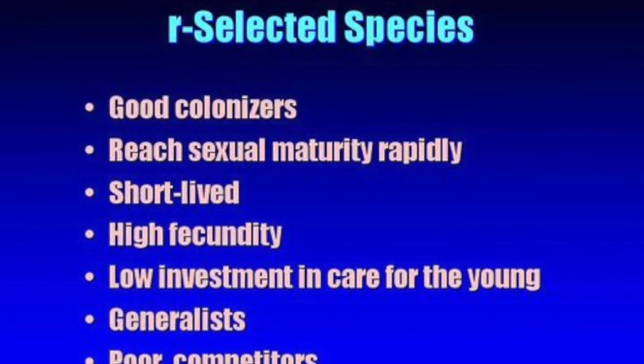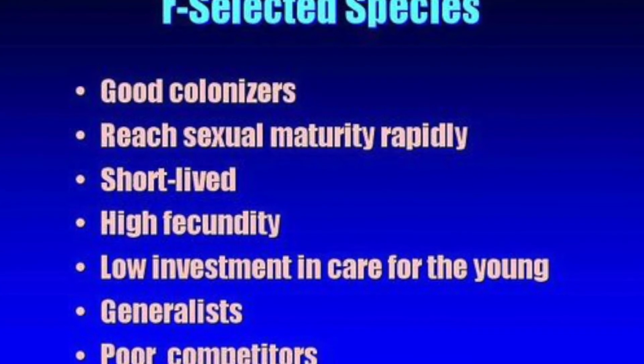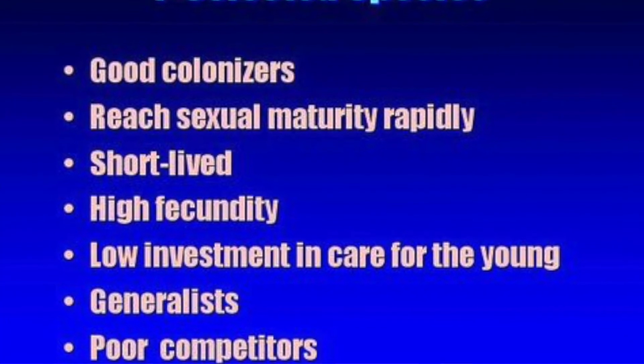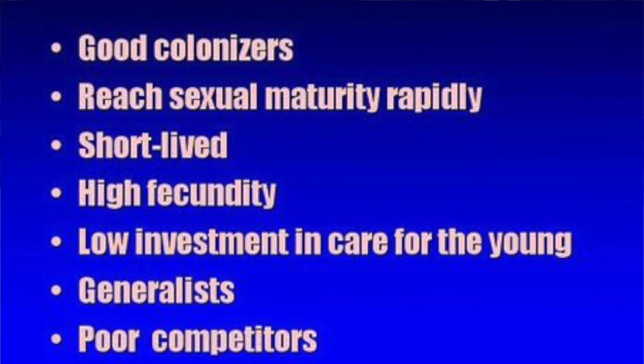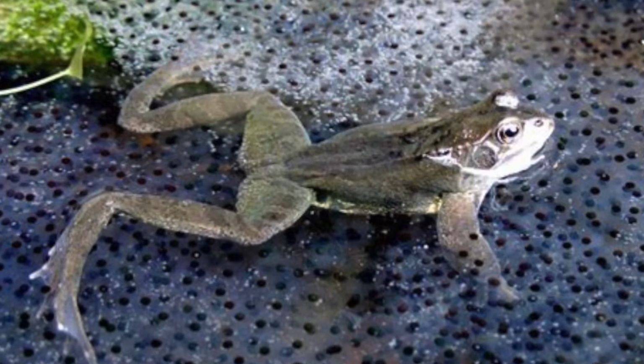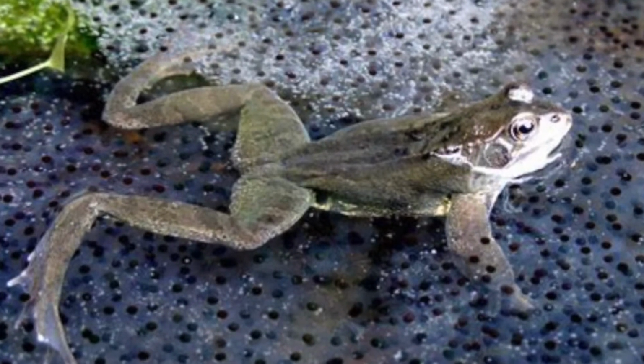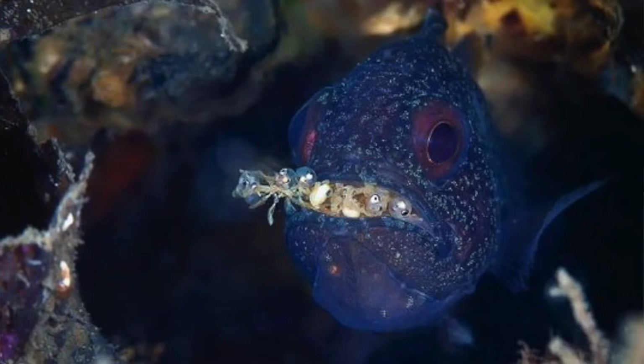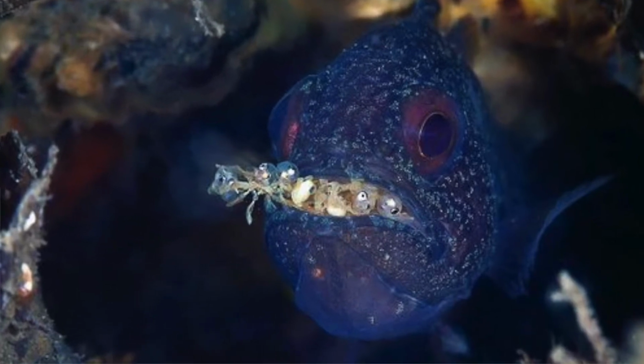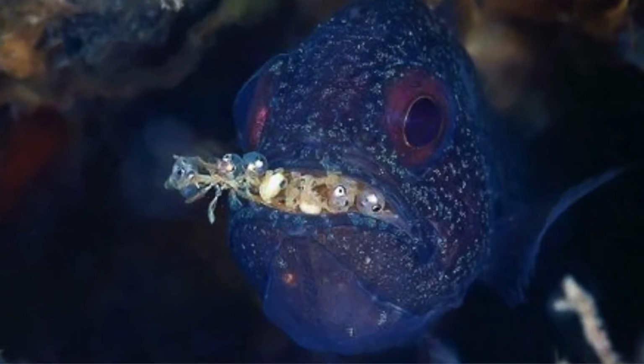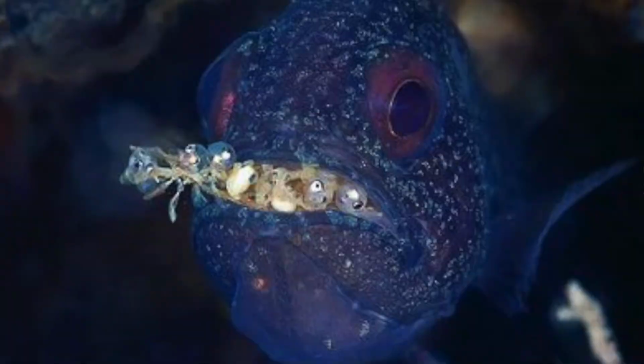R species, or r strategists, tend to inhabit unstable environments. These organisms have the ability to reproduce exponentially. This means there is a higher rate of adaptation to allow them to change with the unpredictable environment and remain healthy. This fast reproduction rate can lead to high consumption of resources.